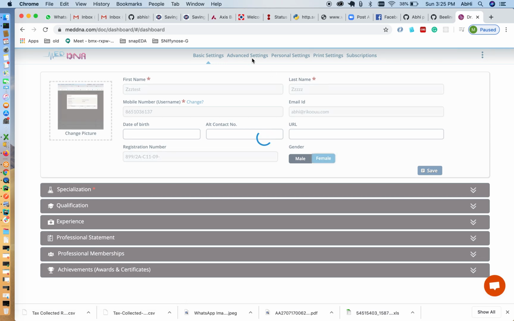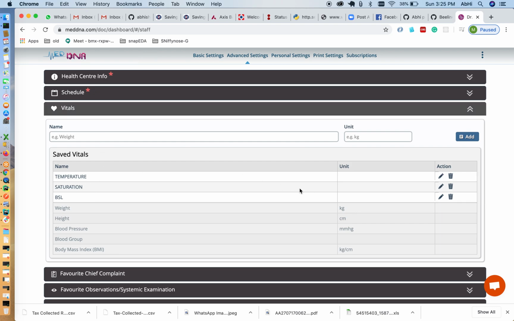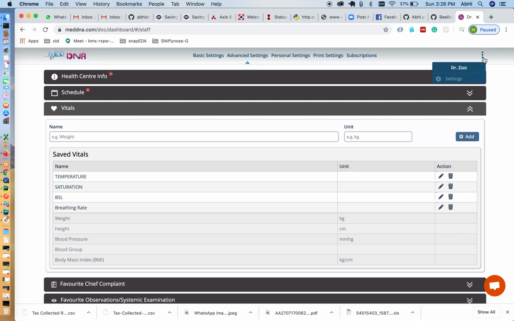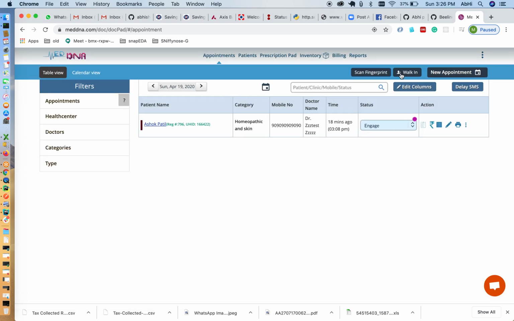Doctors can do it by themselves, because in the settings we have given the option of doing it. I will click on advanced setting, and this is vitals. Here you can decide what vitals you want to enter for your patient. Suppose in your clinic you check a particular field, suppose breathing rate. I'm just assuming a field, breathing rate, and I add it. Breathing rate has been added. Again, I will go to the walk-in patient,